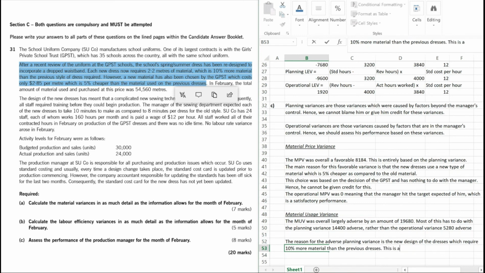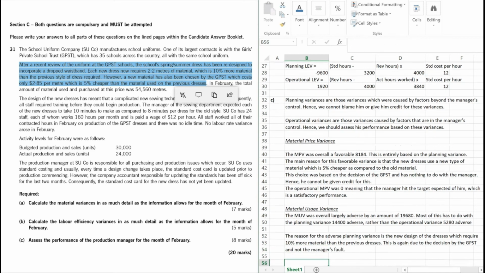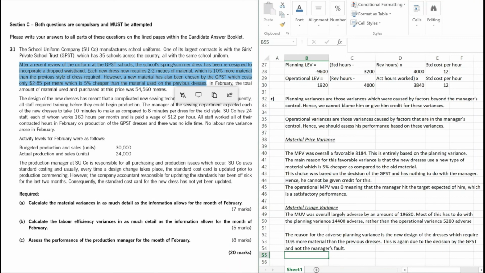This is again due to the decision by the GPST and not the manager's fault. Okay. That being said,